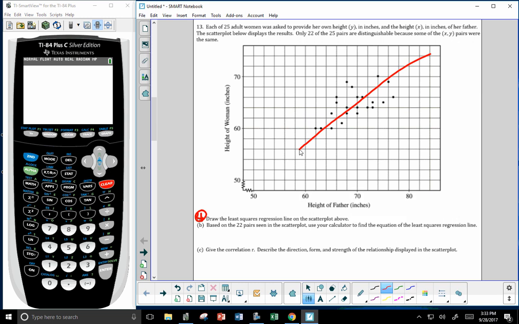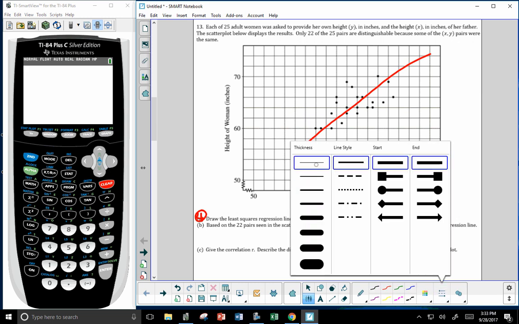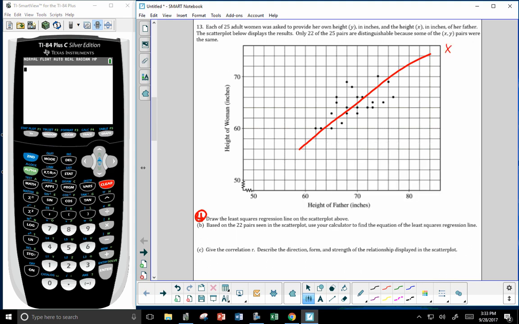We have 71, 72, and then there are 2 73s. Let me run out of room here. 74, 75, 76, and 77. So those are all the X values, and then you want to find the corresponding Y value